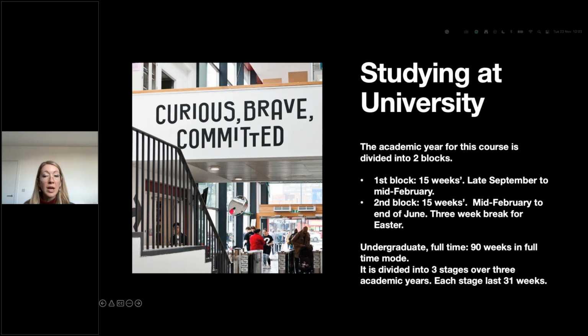Contact hours is another important aspect to touch on. Contact hours are the hours that we spend together in the classroom, and every unit has different contact hours. Over the last year we've gone through reapproval, which is the revalidation of the course, and so some of the contact hours have changed slightly. In order to know what the contact hours are, you can access the material on Moodle and also talk to your tutors.